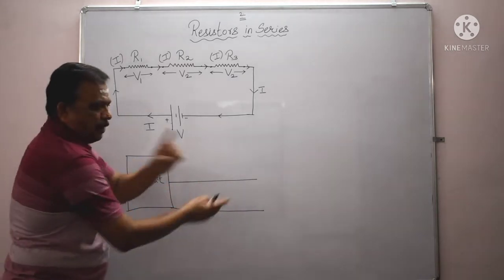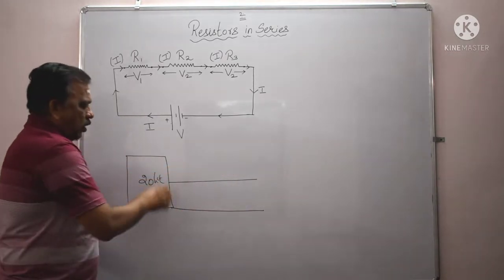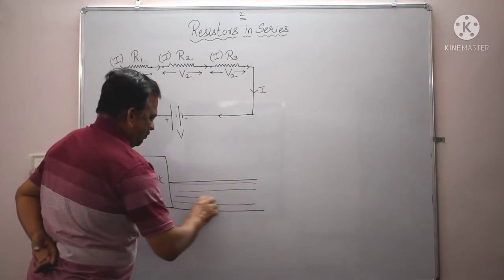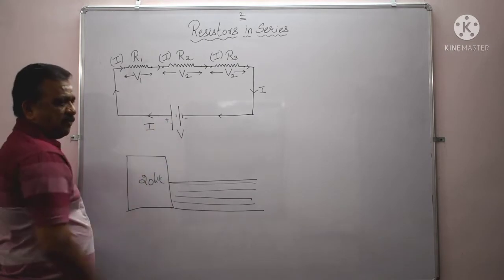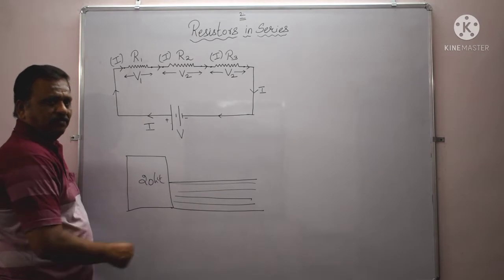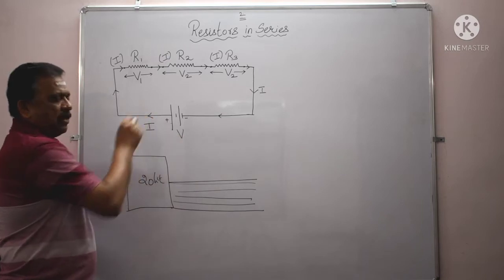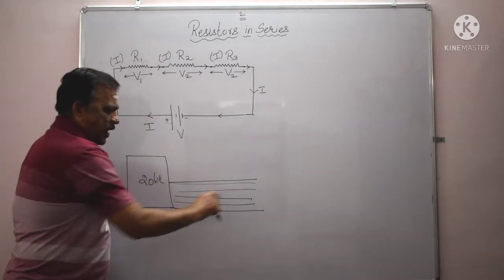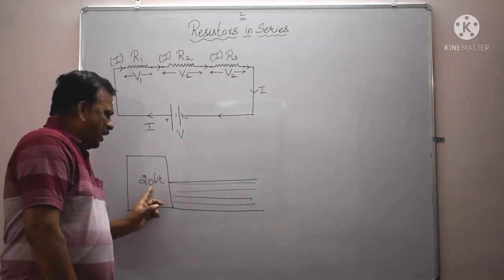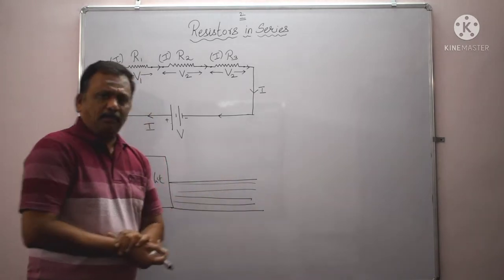As long as the path remains single, if there is only a single path for the water flow, all the 20 liters of water will flow throughout. So this battery is the source of current. Similarly, who is the source for this water flow? This container, let me assume. Okay, and water flow, let me compare it with the current flow. So if the channel remains single, the same amount of water that this container supplies has to flow throughout.